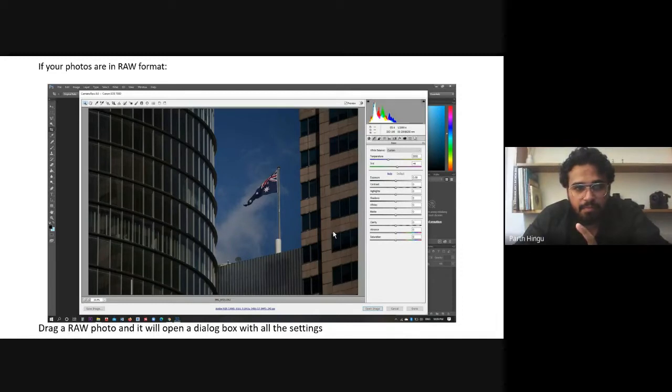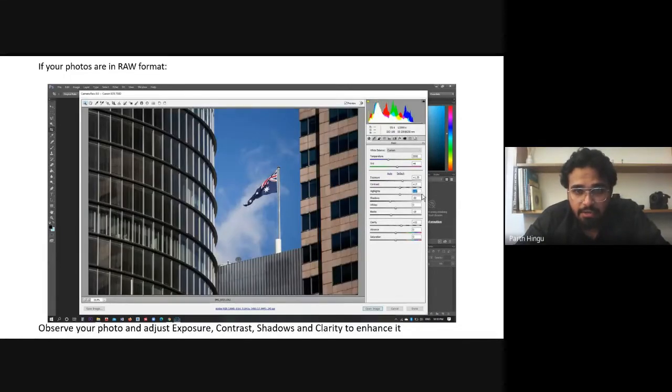So just drag and drop one photo. The next thing you need to do is adjust according to the need. All this exposure, like increase some of the contrast, increase some highlights, blacks, increase some of the clarity.